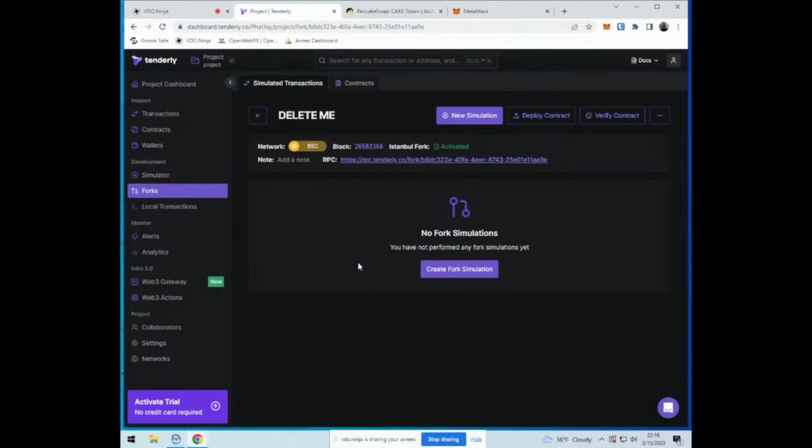And then you pick the chain you want to fork. In this case, we're forking BSC mainnet, as you can see right there. I call this one "delete me" because I will be deleting it as soon as this live stream goes down, so that we don't ever have any trouble. But this is a fork, so I don't think there's going to be any problems at all, because this is now your JSON RPC URL